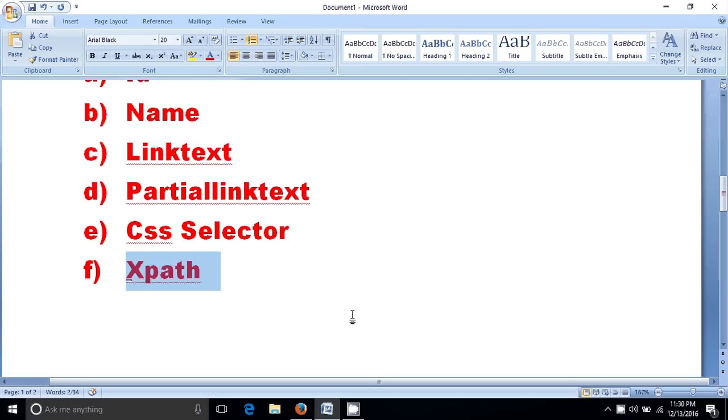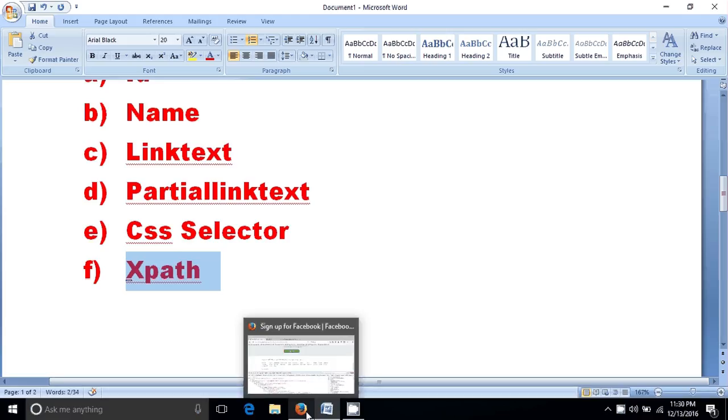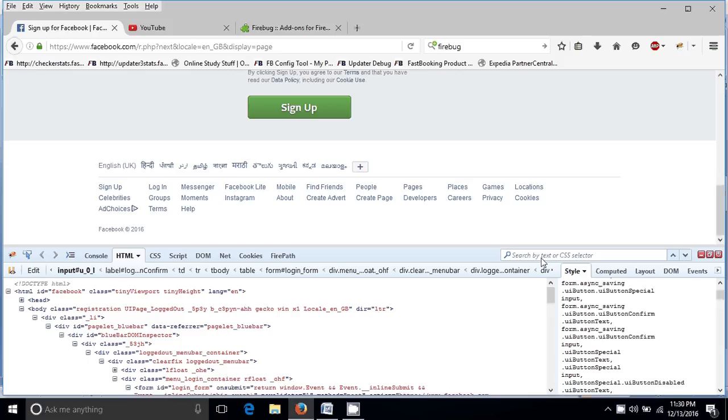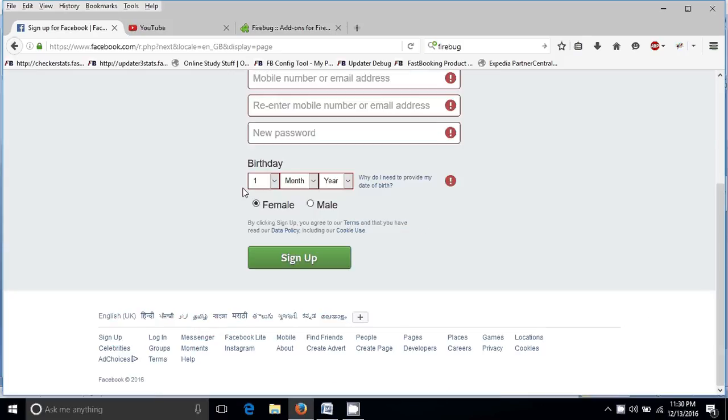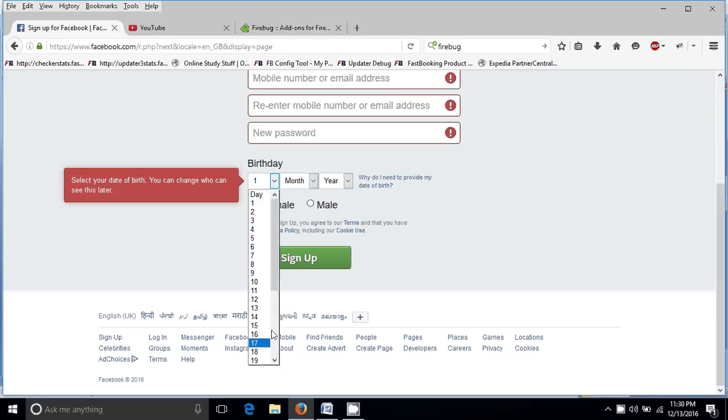Firstly, let's understand what multiple elements or a group of elements means. Firstly, I have to close it. Friends, this is the combo box, and when I click over here, a drop down comes. In this drop down, I can select only one value. I cannot select multiple values. Let us consider that we can select multiple values over here. Then at that particular time, we will use tag name or class name to find the multiple elements or group of elements.